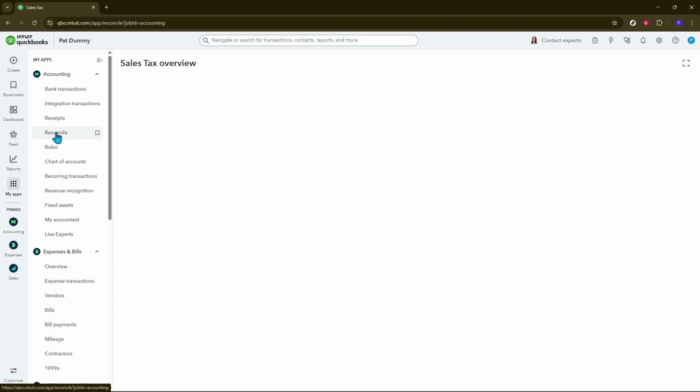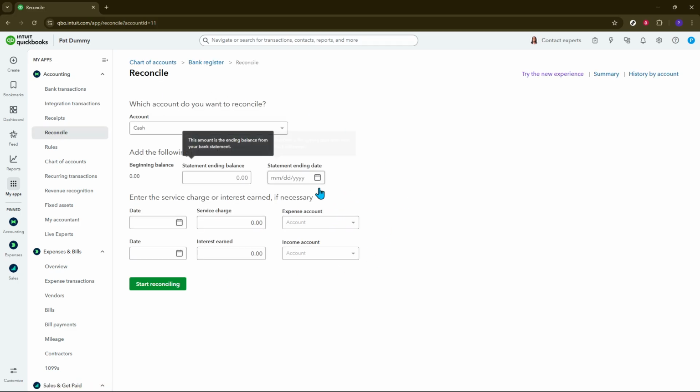Lastly, reconciliation is essential for maintaining accuracy. Head over to Accounting and select Reconcile to match your bank statements with your QuickBooks accounts. Doing this monthly ensures that your books are accurate and ready for reporting and tax purposes. By following